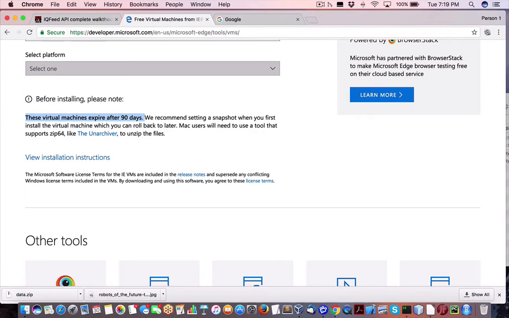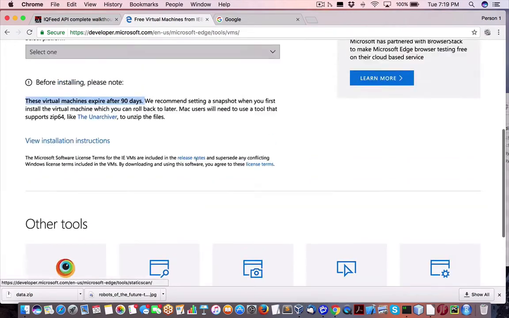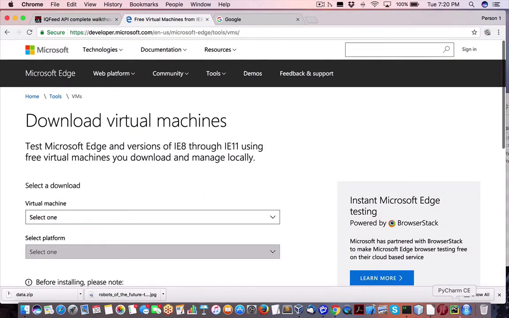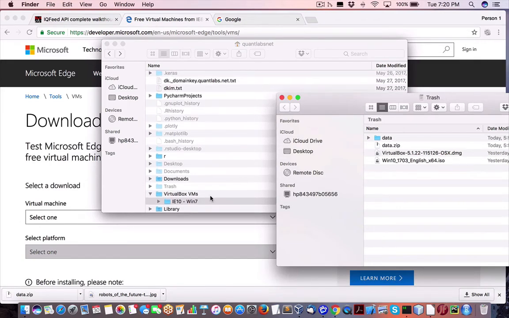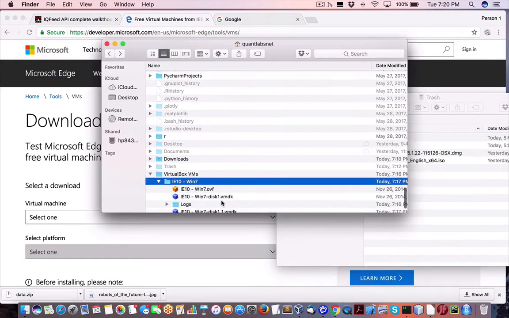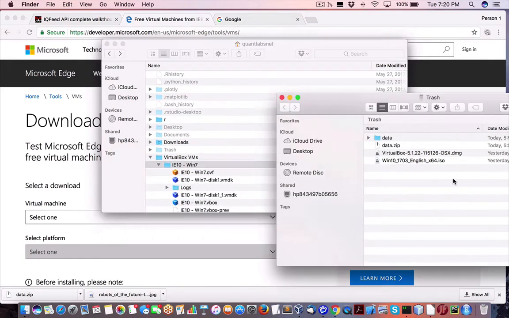So if you need to, take a snapshot when you install it, and then, yeah, so that's pretty well that. Okay, so let me just show you the files and stuff. If you go in here into the virtual machine, in my case here, this is where everything gets extracted. You will get a